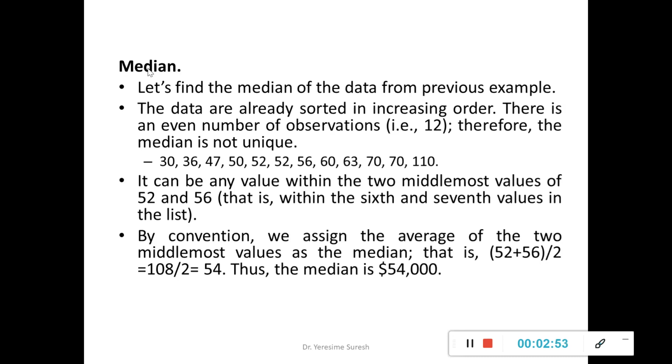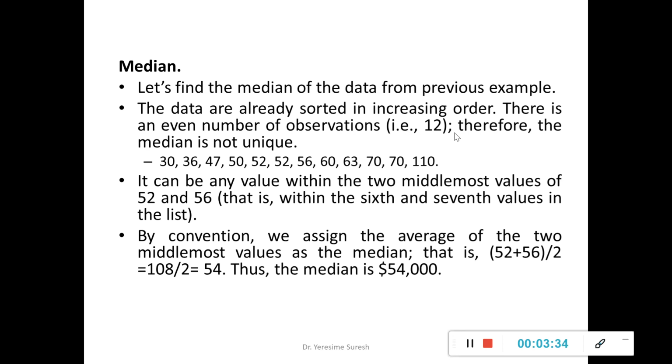The second, we have median, and again I hope you know this also. We'll take the same example. The data should already be sorted in increasing order, and that has been done here. I have taken the 12 samples in ascending order, starting from 30, the lowest value, to 110k, the highest value. If I am supposed to find the median, I will generally take the number of observations divided by 2. If the number of observations is odd, say for example 13, then 13 by 2 is 6.5, that means the 7th one, exactly the middle of the 13 observations, is the value I would have taken.